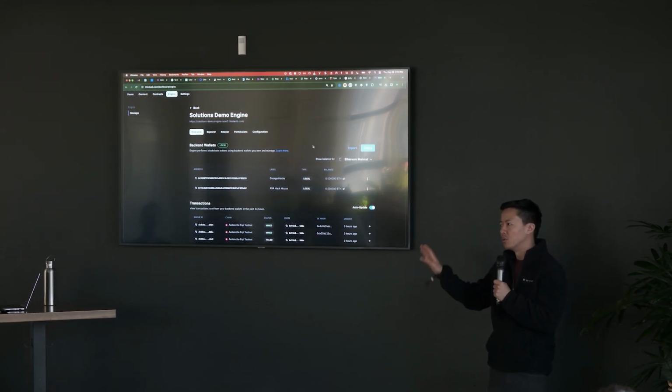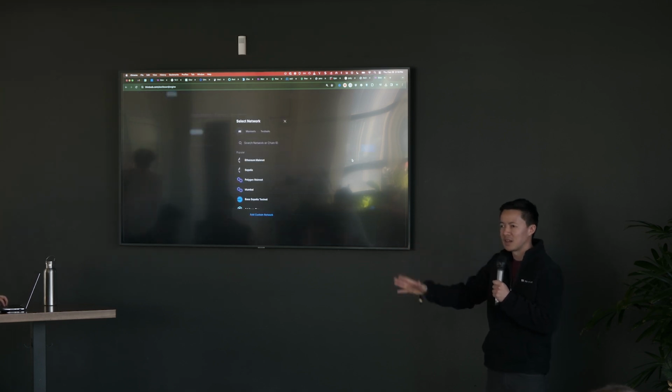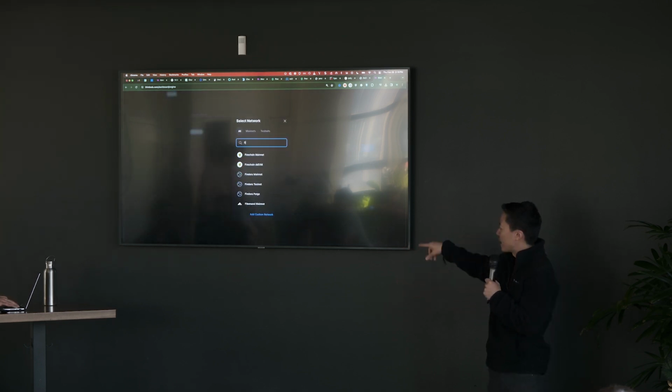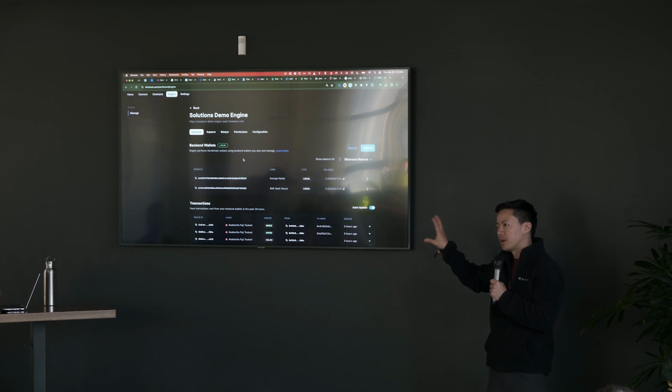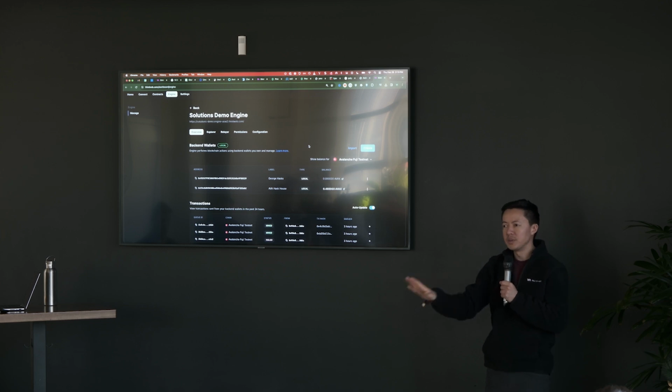You're not using some shared pool with a bunch of other customers. That's kind of scary, and you don't want that. So we have backend wallets. But another beautiful part about Engine is you're not dealing with private keys directly. You're not passing private keys into the API request. Your app shouldn't be touching private keys, period. So a common pattern that we use in our own internal tooling is we have AWS KMS wallets. We have an AWS API key that lets us interact with that KMS wallet.